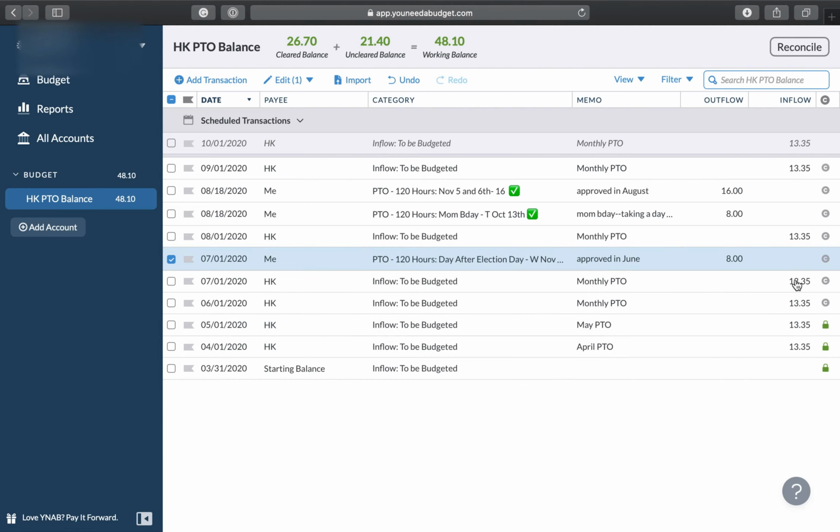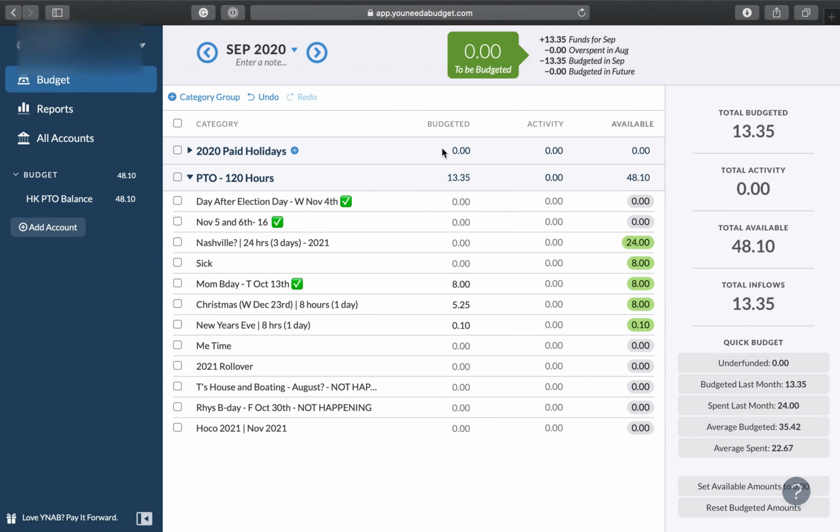I do that the moment it's approved, and I don't wait until the day of or the month of, because that way this gives me the running balance of what my actual PTO balance is. Because at my job, I can see what my balance is up to that effective date. So for instance, on September 3rd, my PTO balance at my job is